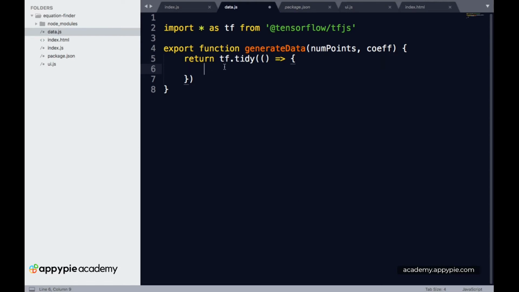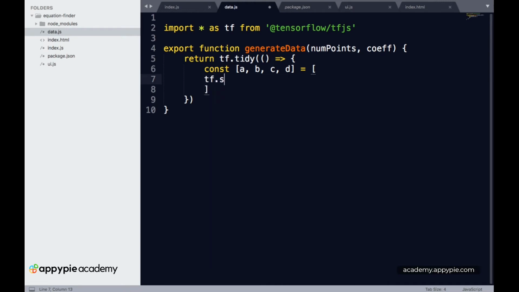Now let's add a new constant, which will be an array. So we have a, b, c, d, and this will be equal to, inside square brackets, tf.scalar.